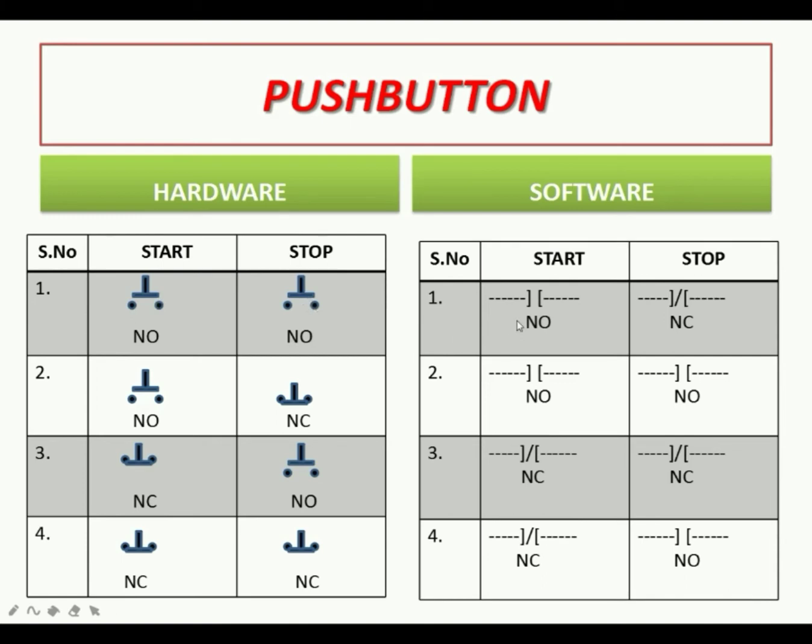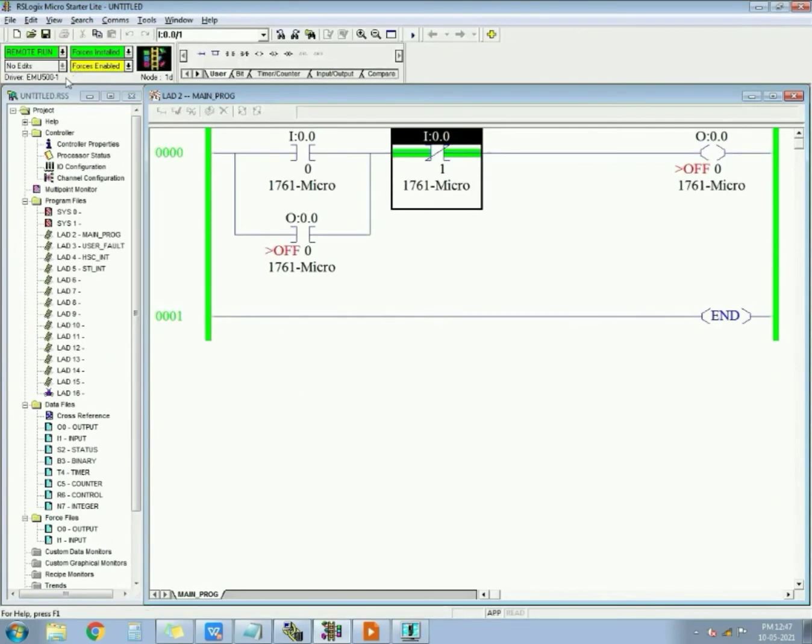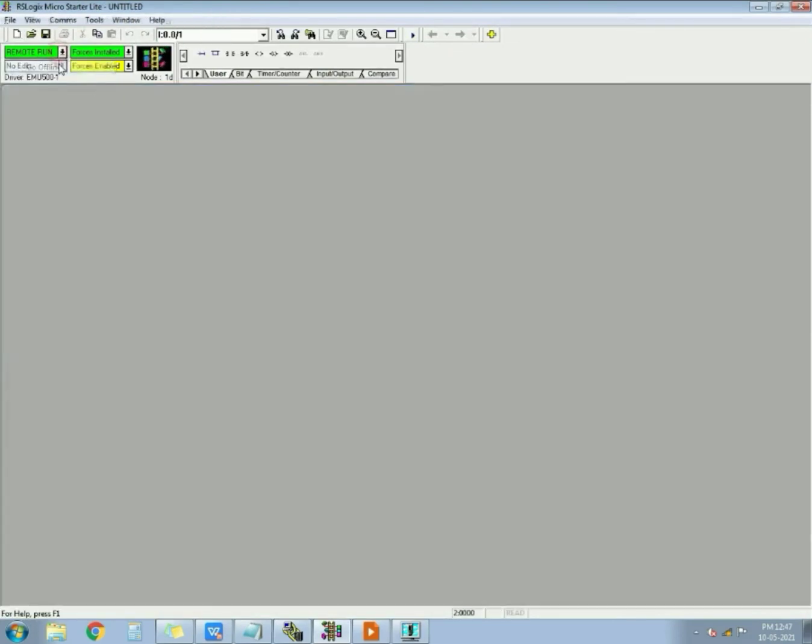First of all, I will make a program without addressing, and I will take in start a NO. I will take a NO over here in a program. This is the program. Let's go offline and delete this.